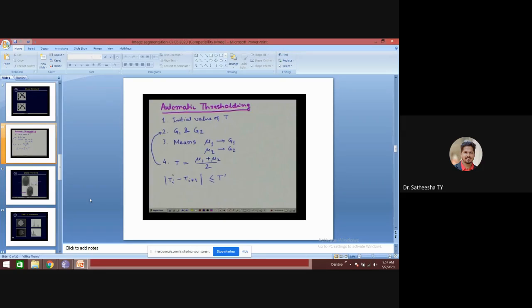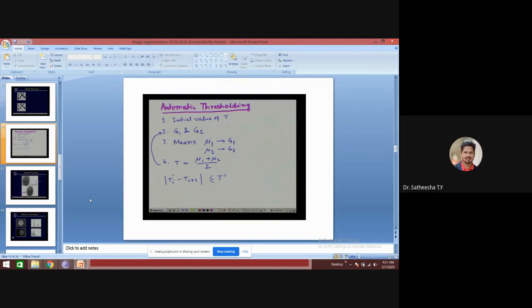One group of pixels we call group 1, and the other group of pixels we call group 2. The pixel intensity values in group 1 will be similar, and the pixel intensity values in group 2 will be similar, but these two groups will be different from each other.